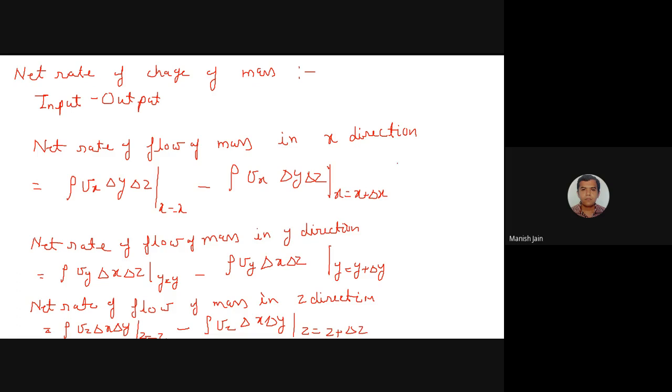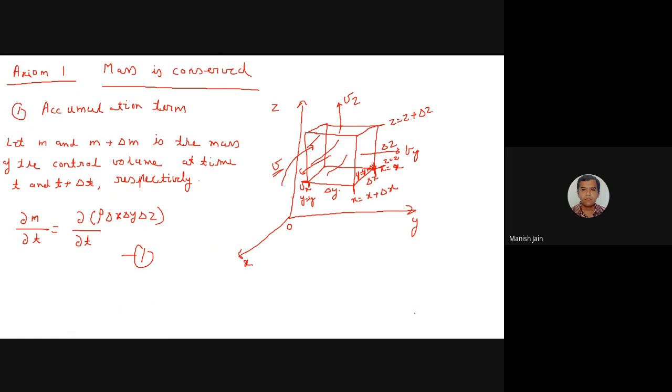So suppose this is equation number 2, this is equation number 3, and this is equation number 4. So summation of equations 2, 3, and 4 should be equal to equation number 1. Okay, so you can write 1 should be equal to 2 plus 3 plus 4. So del rho delta x delta y delta z by del t should be equal to